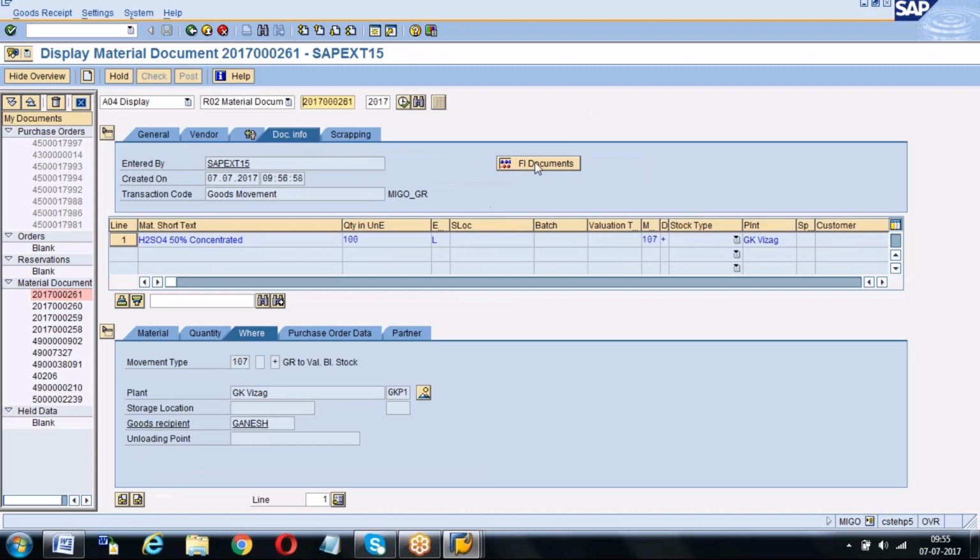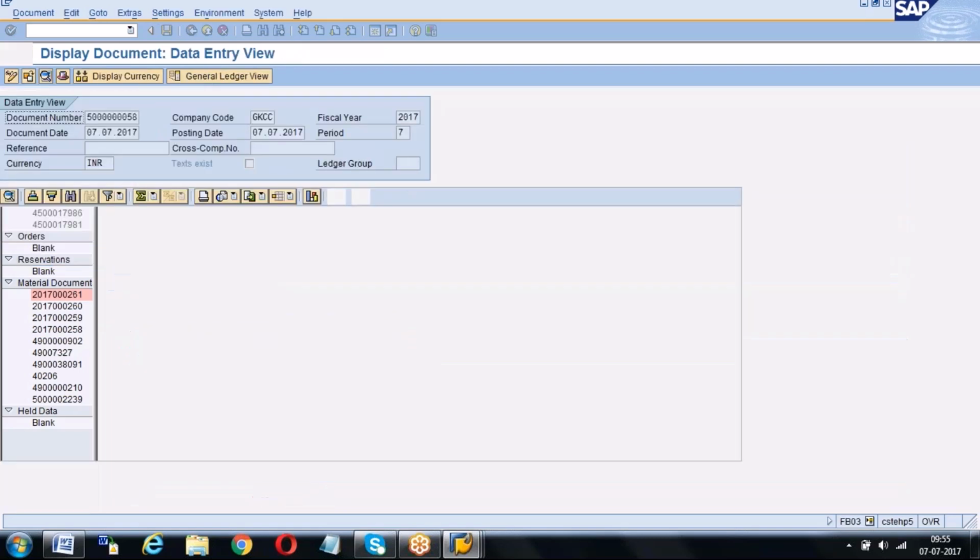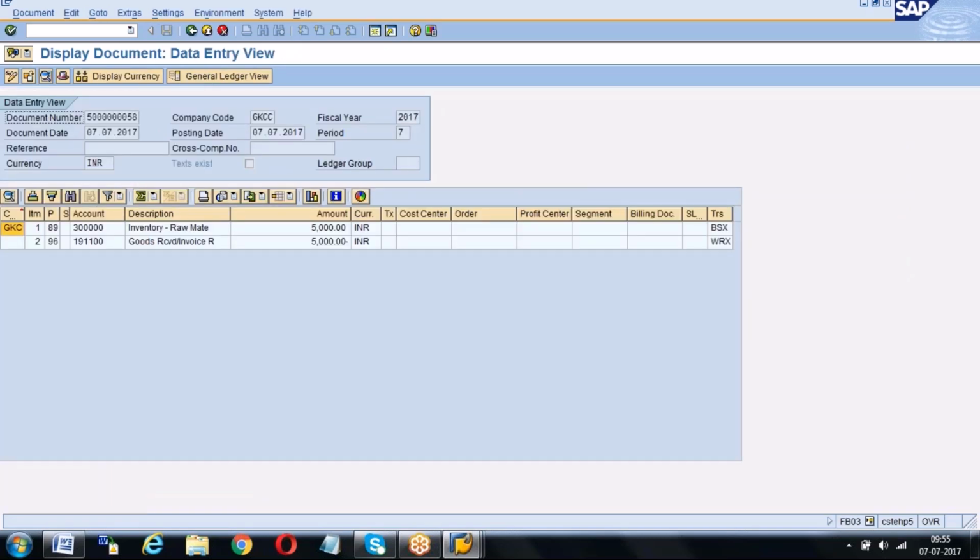Go to document info, FI documents. See, the accounting document is generated. When you do 103, no accounting document. Here when you do 109, nothing, no accounting document, because the accounting document is already generated, right? BSX and WRX. See, stock account debit, GRIR. The accounting document has already come with 107.